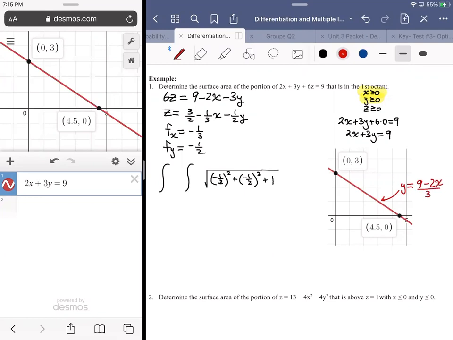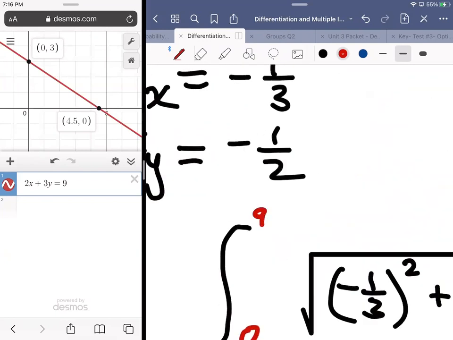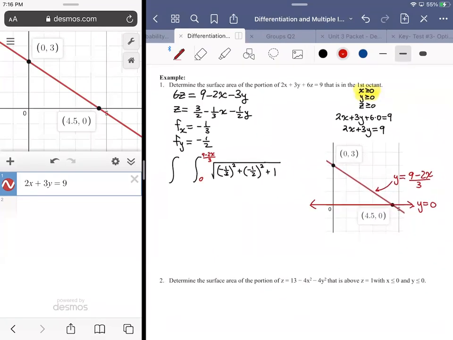Right? So in terms of y, I can bound this between y equals 0. Let me just draw y equals 0. All right, I can bound it between y equals 0 and y equals (9 minus 2x) over 3, which would tell me that my first iteration of integration here should be with respect to y, so